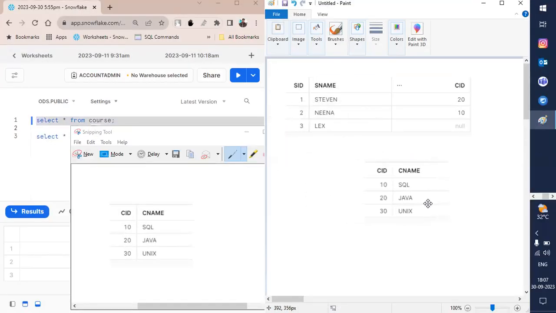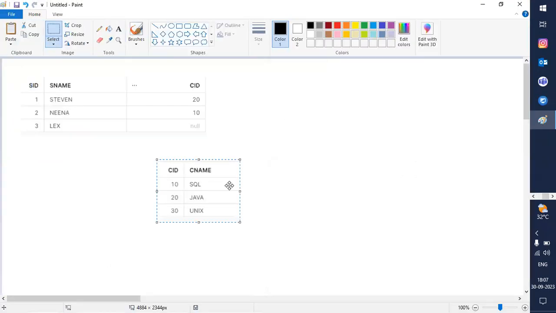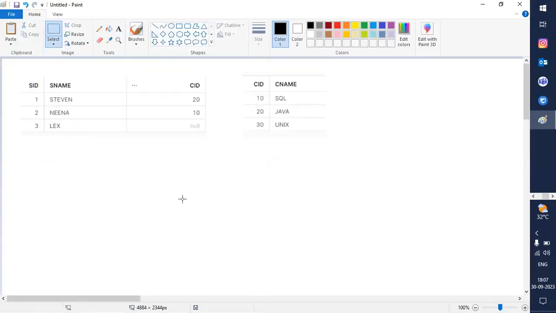Okay, so actually we have two tables. You can see now I'm going to put it into here. Now you can see Steven is studying one course and Nina is also studying one course. So which course? You can see if we are going to make a join, we should want any one